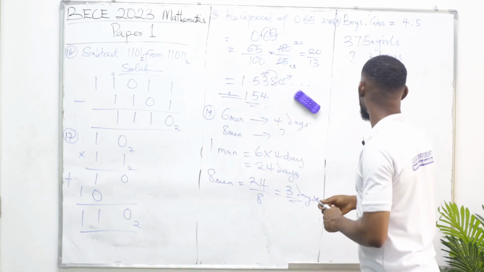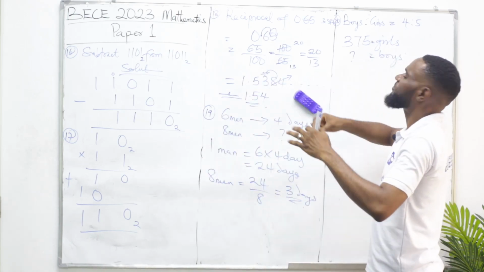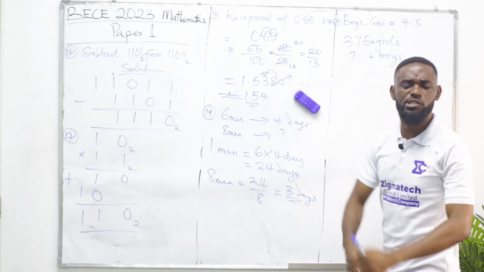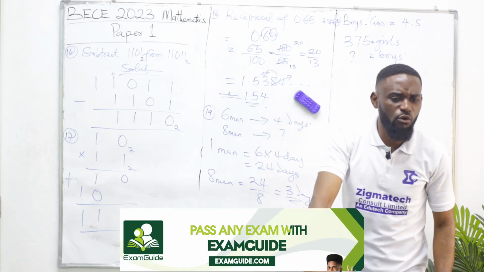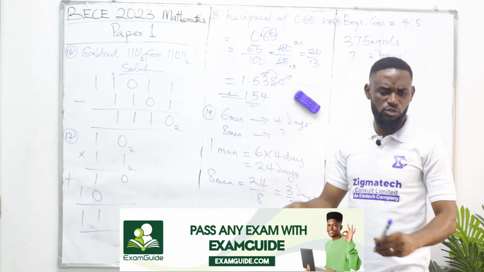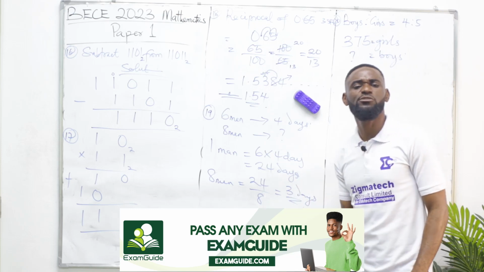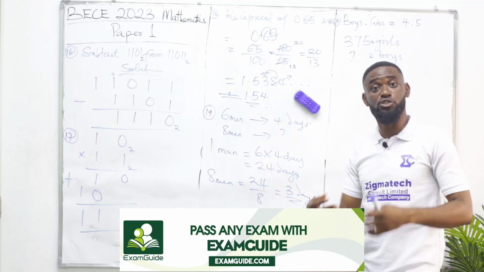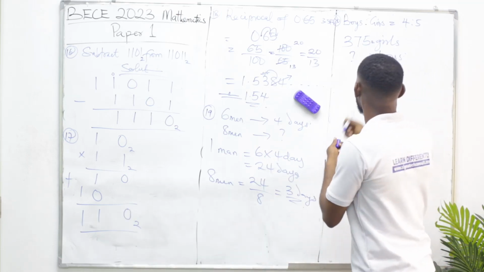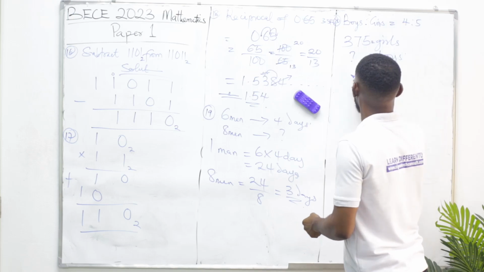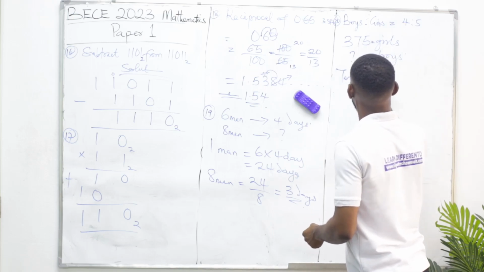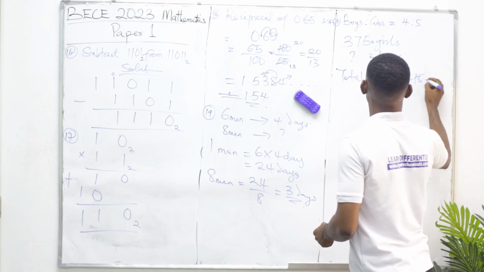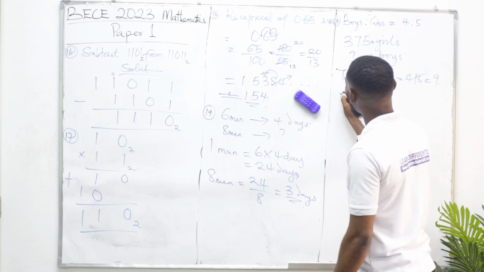So the first thing we should ask ourselves is, what is the total population of the school? We can get the total population of the school since we know the number of girls and we know the ratio of the girls. So the first thing we do is the total ratio. The total ratio is equal to 4 plus 5, which is equal to 9. It means that girls,